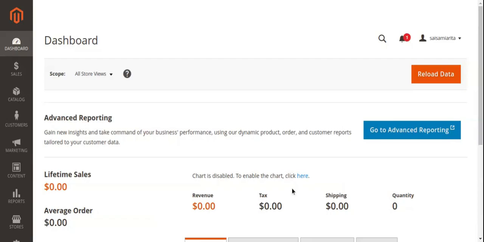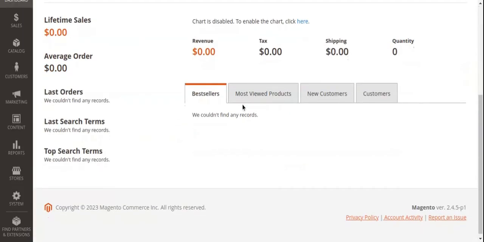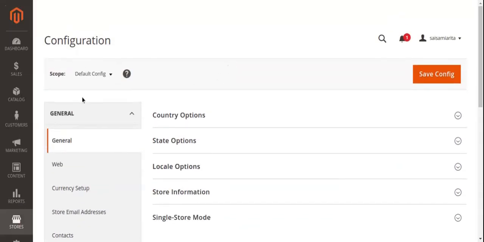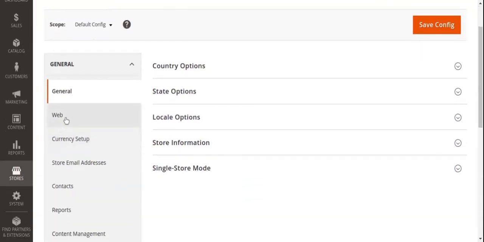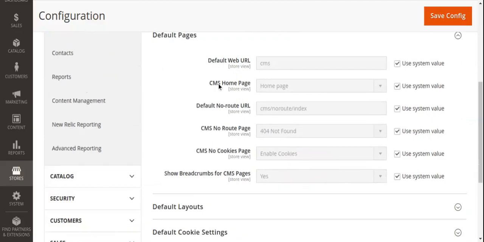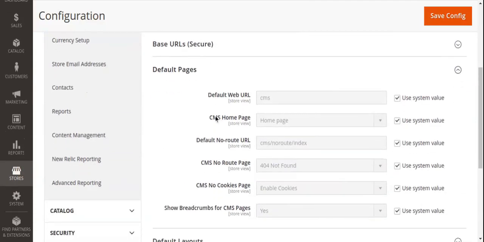So from the Magento 2 admin panel, navigate to Stores, Configuration and then inside the General tab click on the web menu. So here we have the default pages group, and from here we can change the home page by changing this drop down. So we can set the home page to any CMS page. So when we create a new CMS page in Magento 2, it will start getting listed in this drop down. So we can select the CMS page or any other pages from here,